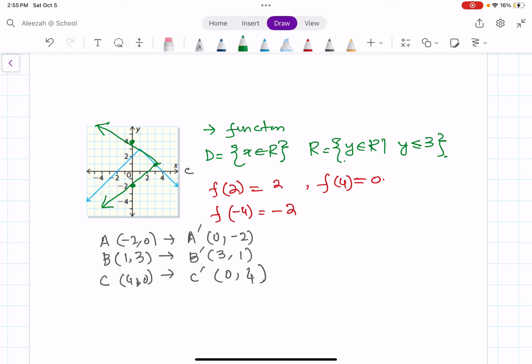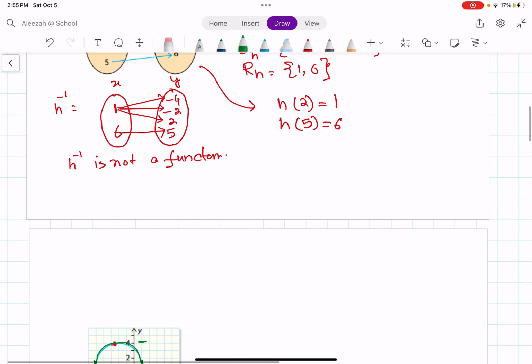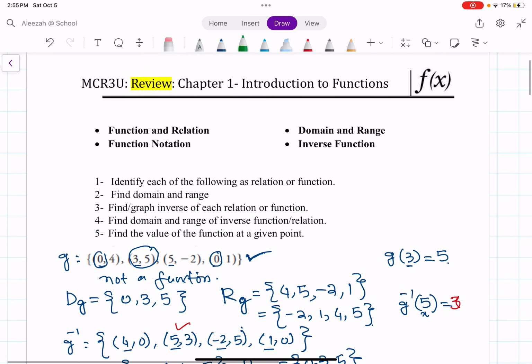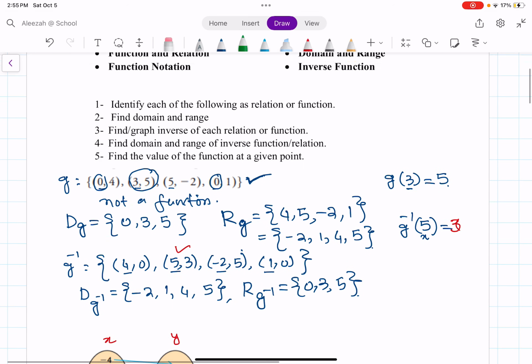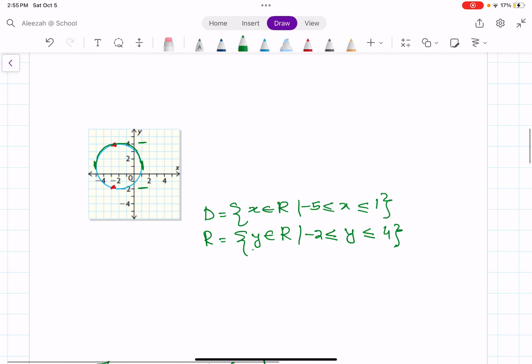So whenever you are given a graph, what you will do is take some key points on the graph, then switch the coordinates to get the points on the inverse, and then draw the graph. Okay, so we have done the domain and range and how to graph the inverse function, right? Okay, anything else we need to talk about on this? We did the domain and range, inverse. Okay, next we have,